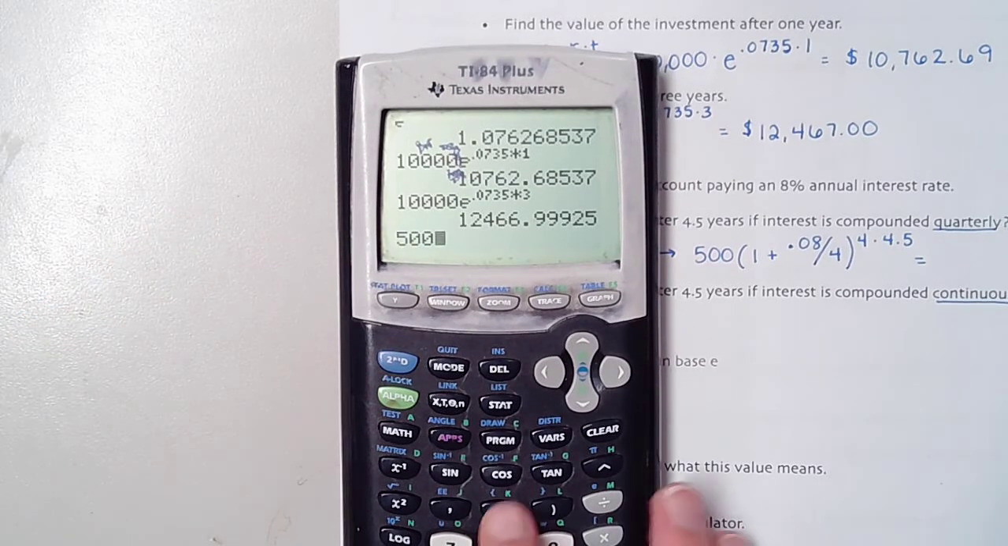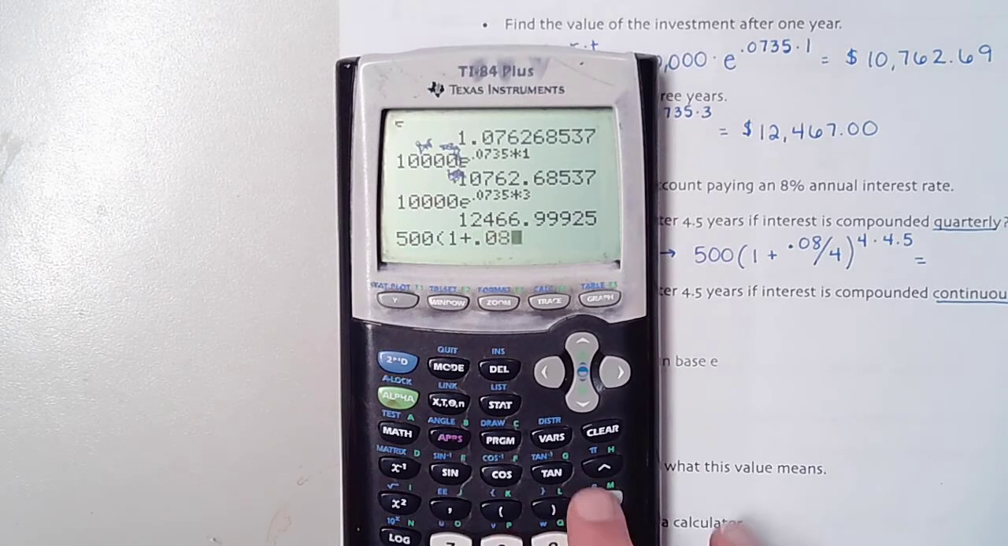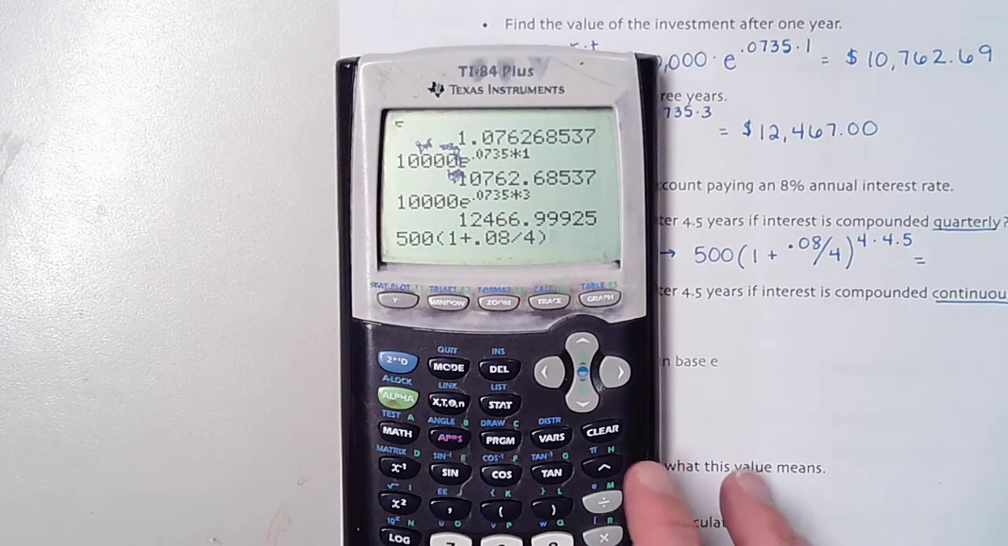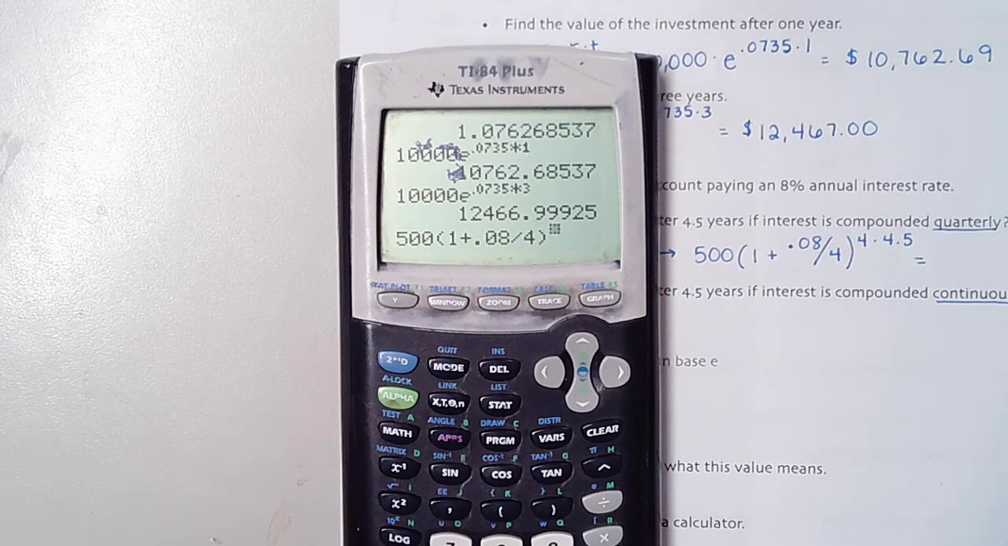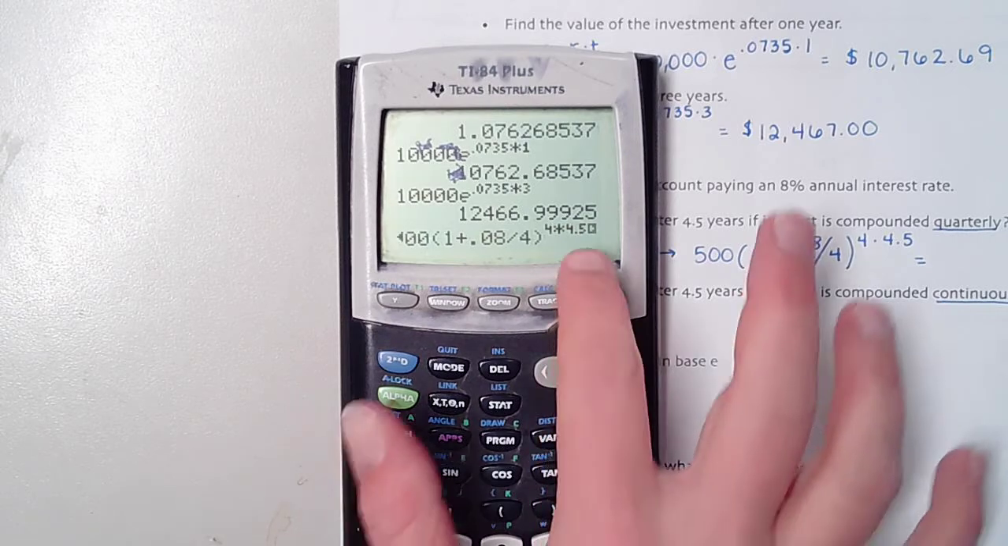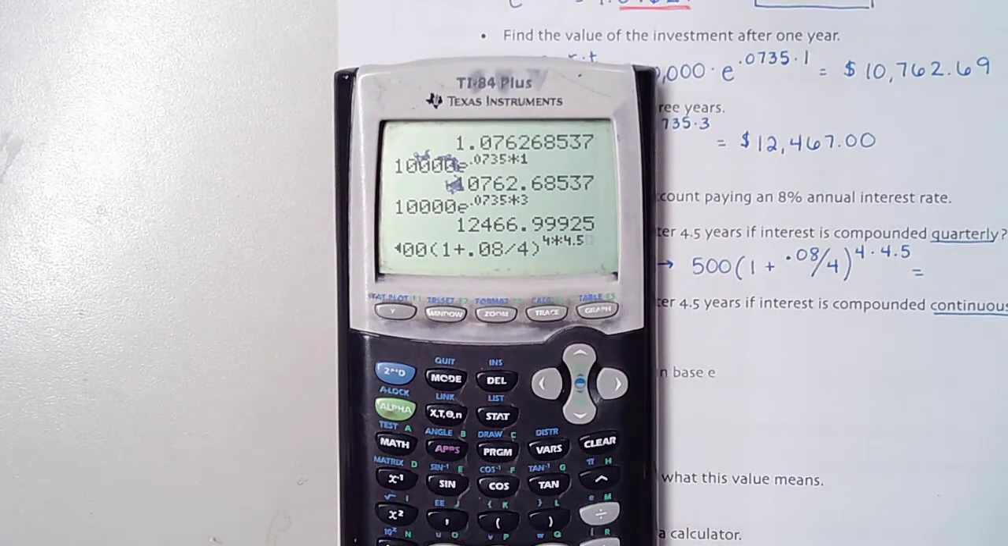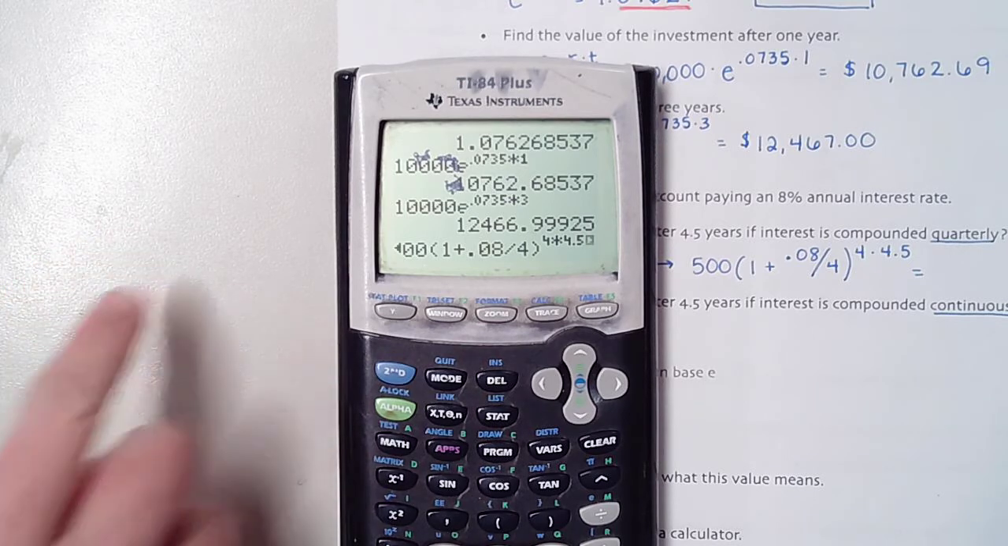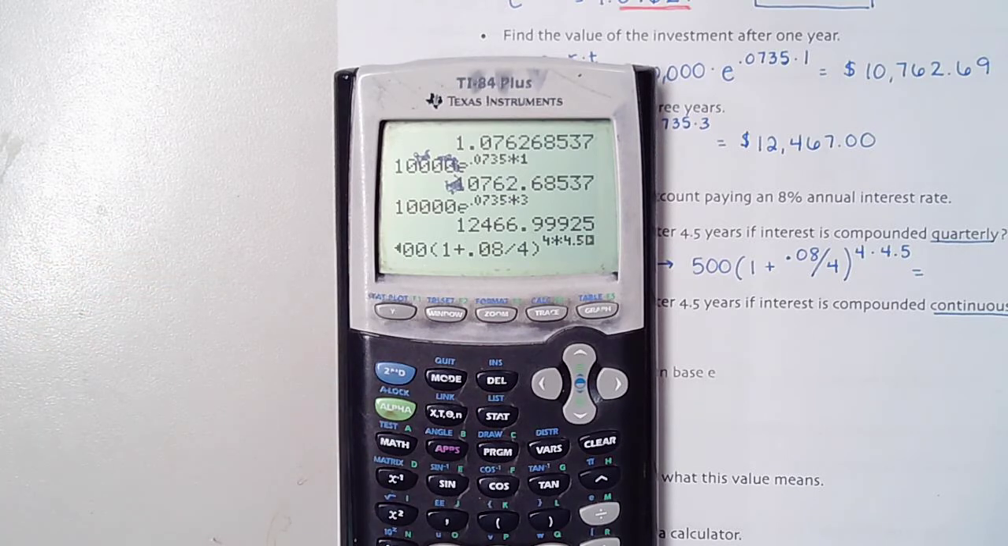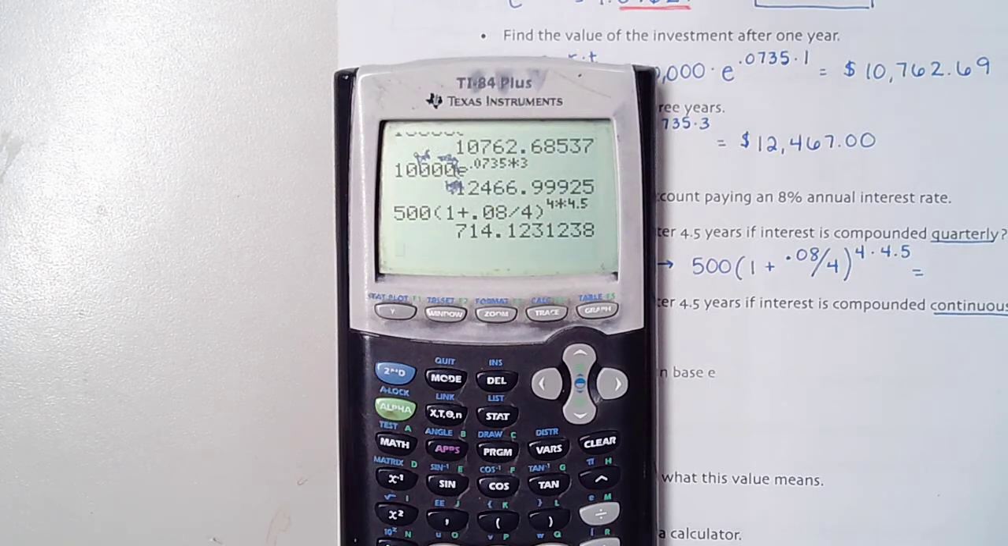500 times 1 plus 0.08 divided by 4 to the power of 4 times 4.5. By the way, if your calculator doesn't let you type up in the exponent, if it just gives you the little caret key symbol and then you're just going to keep typing, you're going to have to put that exponent up in parentheses, okay? Oh, I thought I hit enter. Here we go. Okay, so